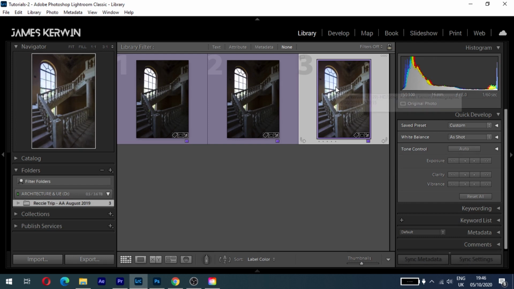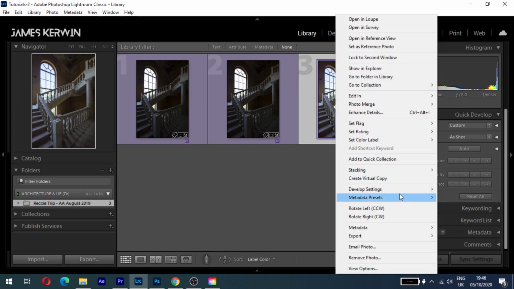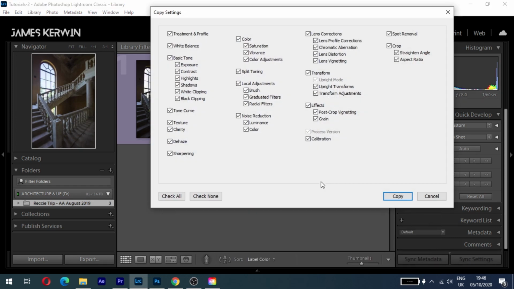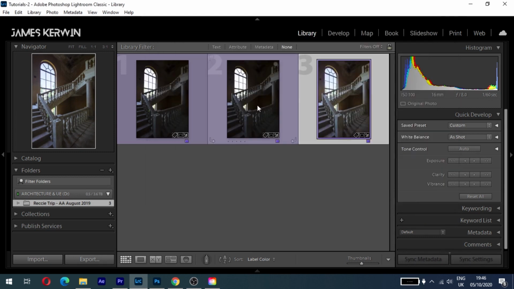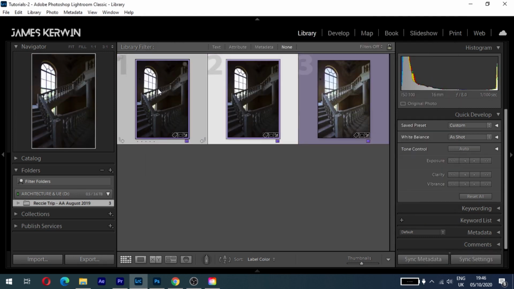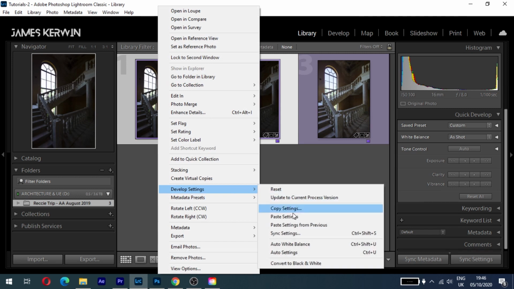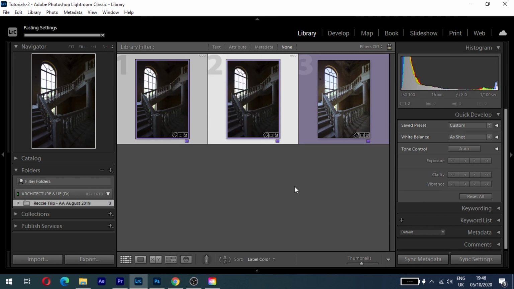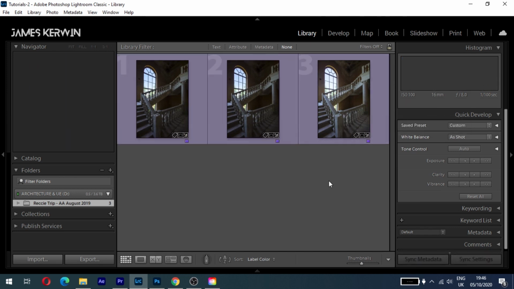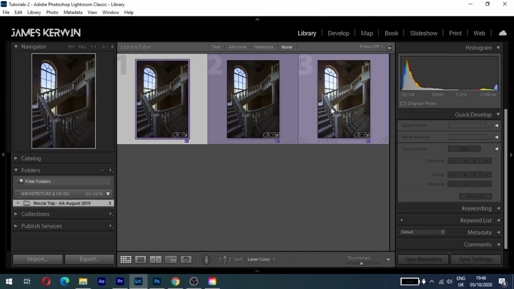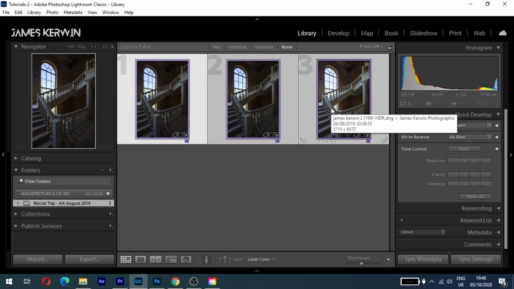Then what I'm going to do is get this image here, right click, develop settings, press copy, just there like that. And I'm going to copy those settings to the other 2 images here. Just like that. Okay, so they're now prepared and ready to bring into Photoshop,